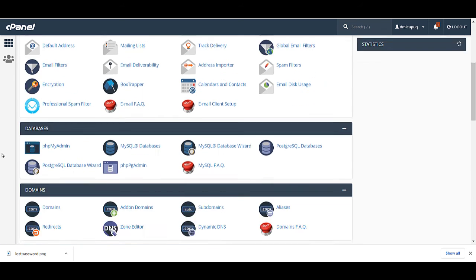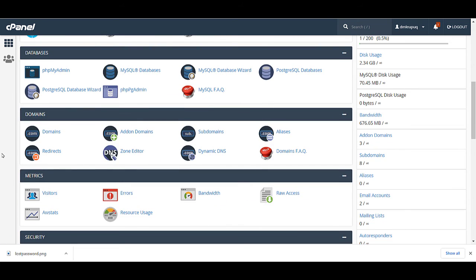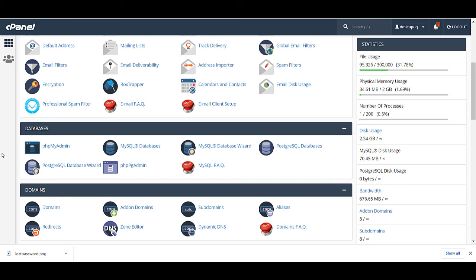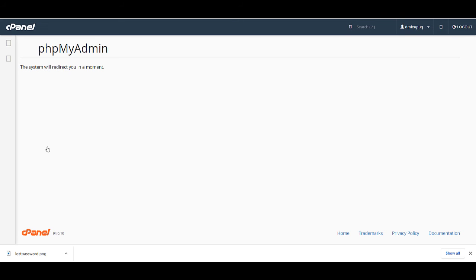The third method I am sharing is how you can reset your password. I already shared this in the database video, but here I am sharing it practically. Just go to your database option and phpMyAdmin. Here we are not updating any database, we are just generating a password for our admin.